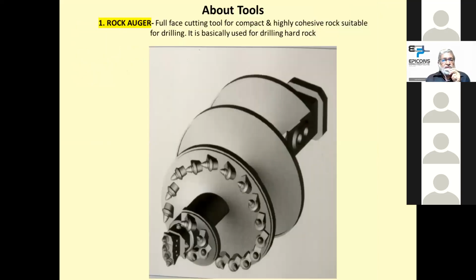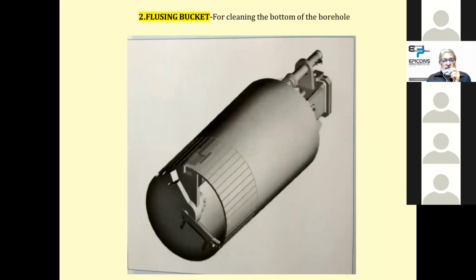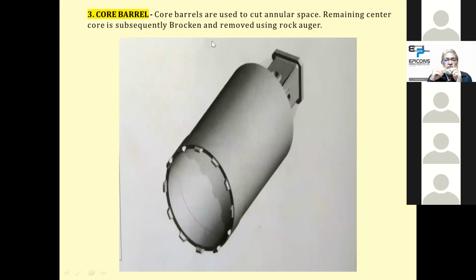With this, the entire operation is complete. Just a few photographs to show clearly how the tools look. This is a full-fledged rock auger, and the full capacity and anchoring teeth are seen here. This is the flushing bucket, which basically takes out the water or muck at the end of the tip of the pile. Now the core barrel. After that, you may come across hard rock and you need to take out the rock from the core barrel. So basically you take out the rock